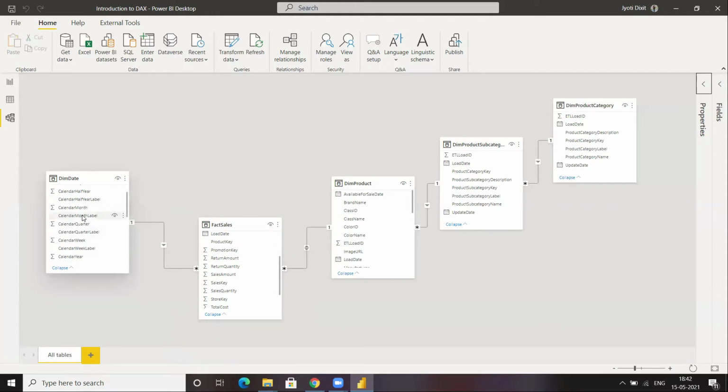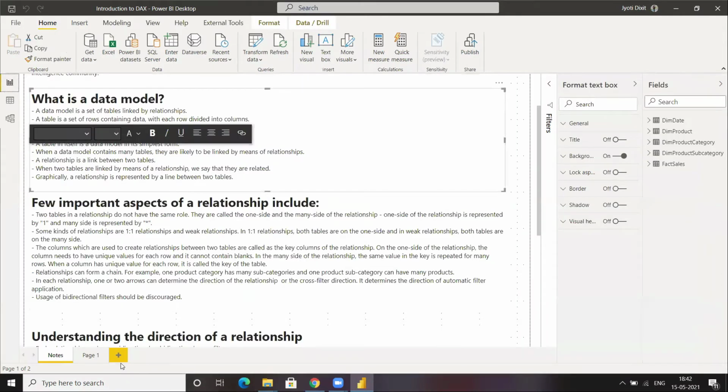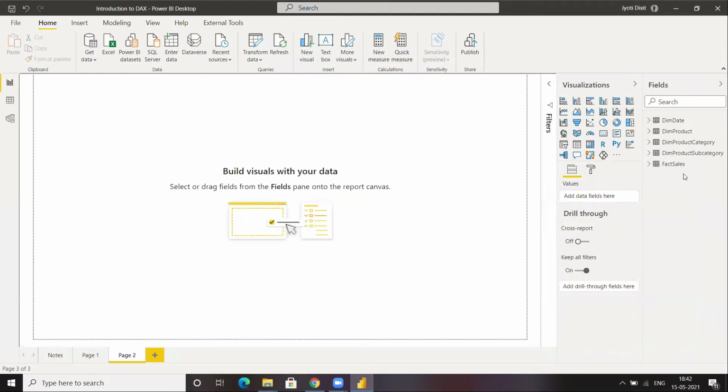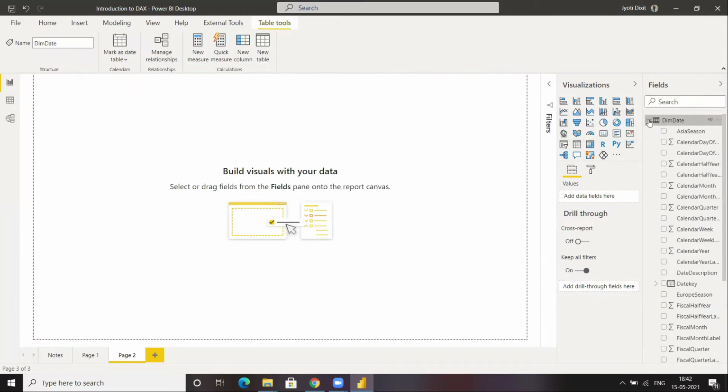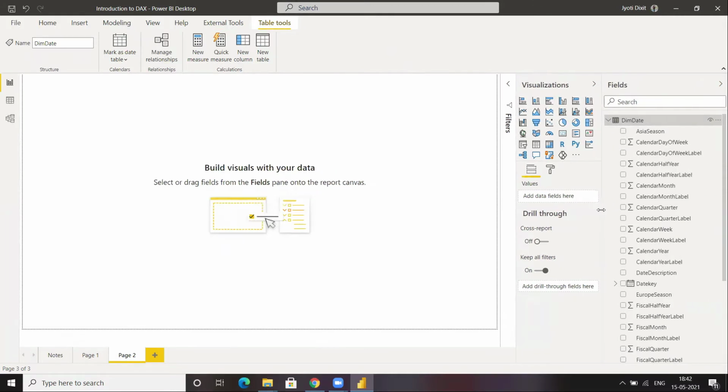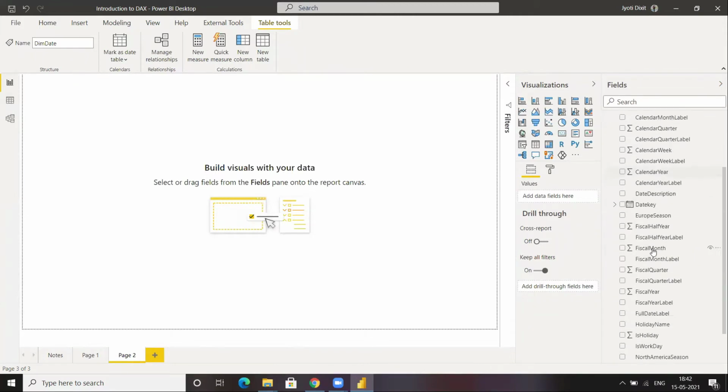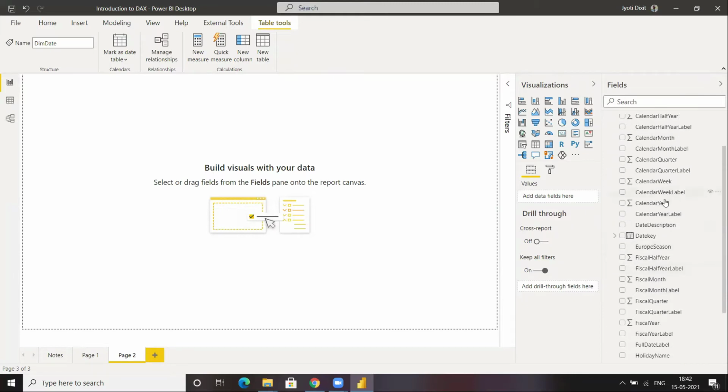If I want to know the exact sales amount, I am going to report view for now, and I will just tell you from here itself, right? So I'm expanding this so that you can see clearly. These are the columns associated with dim date, right? These are all the columns associated with dim date.